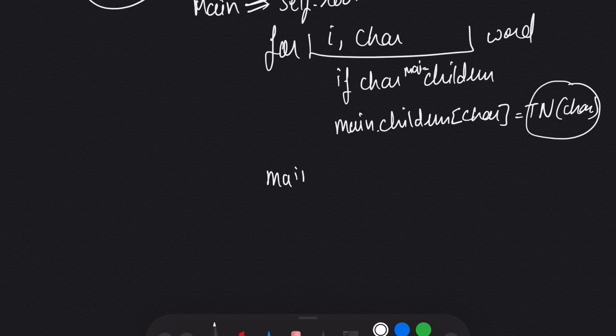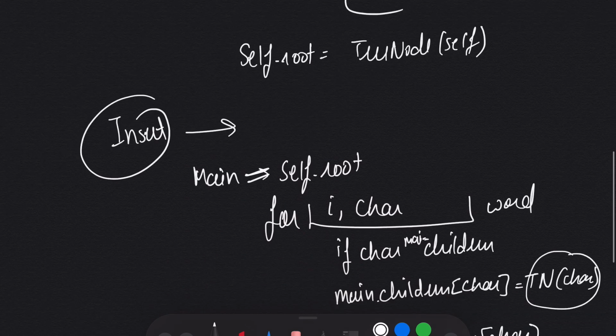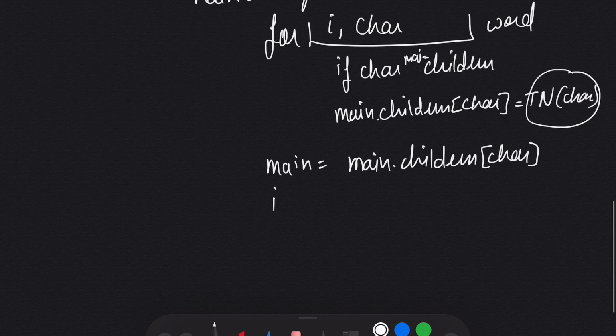Now our main will be equal to main.children, because if you see in the example, once we came here, again I have to check down. So again I will perform the same logic that we did here to check it. That's why I made main equal to main.children, so that we can move ahead and keep checking. And if i is equal to the length of word minus 1,